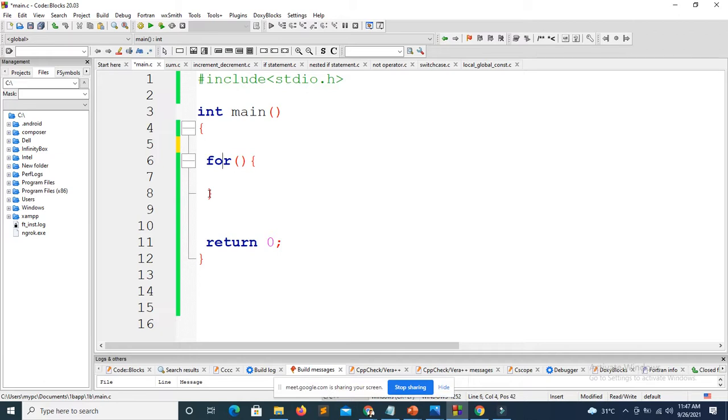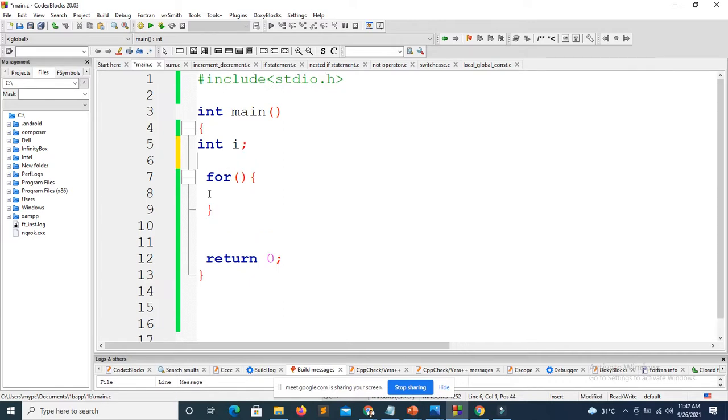Now, in the for loop, for example, I declare the variable I equals